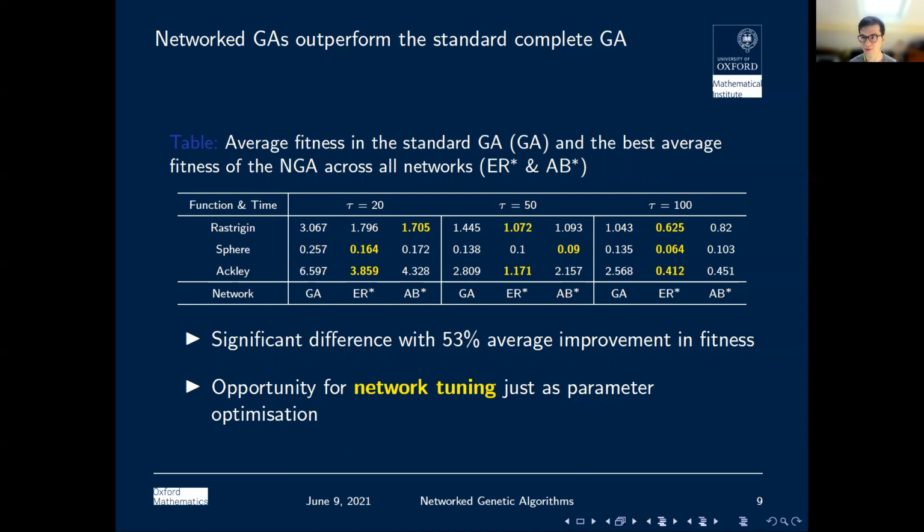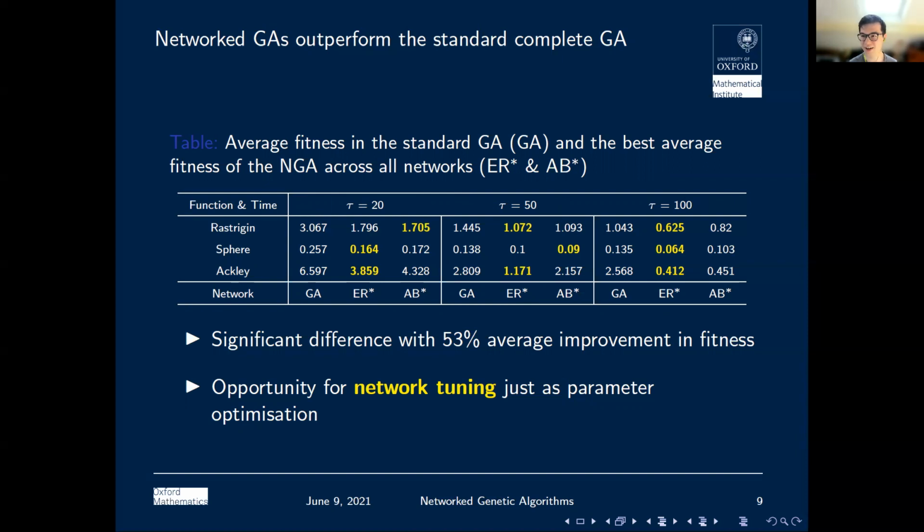So it doesn't tell what characteristic it was; it's just to show you that by focusing on only one structure, the complete network, which is the standard GA, we are missing very important gains in fitness, just from having different structures and intermediate levels of completeness of connectivity inside the network. This effect is present at any time we look at, and is present for all the test functions. To me, this highlights a new opportunity for network tuning.